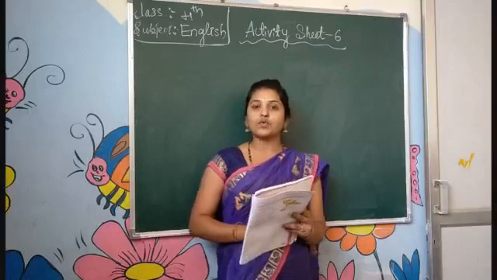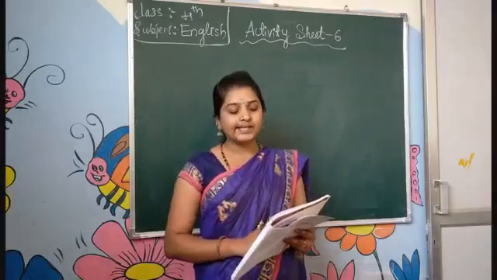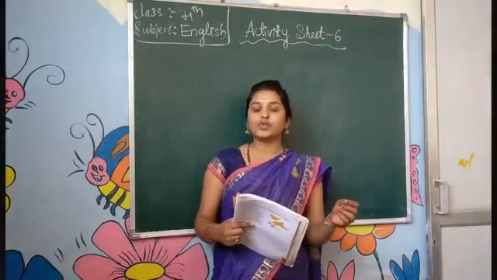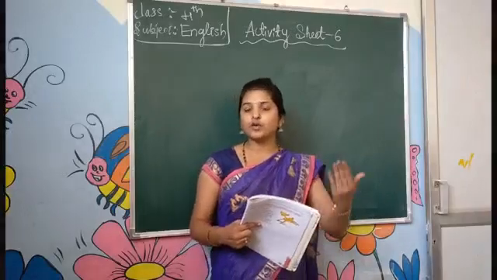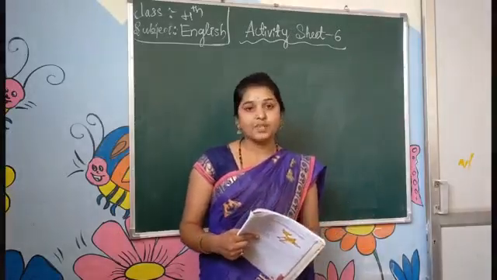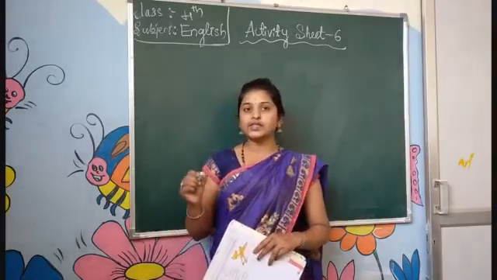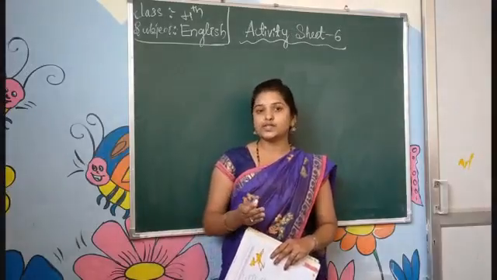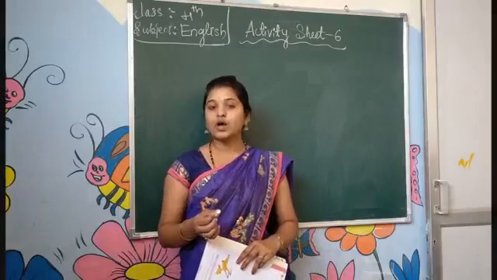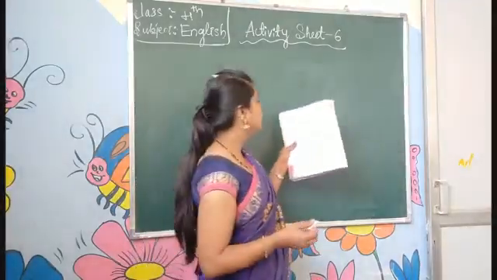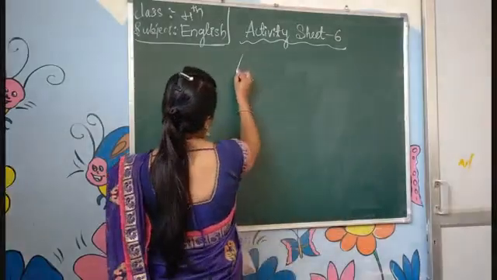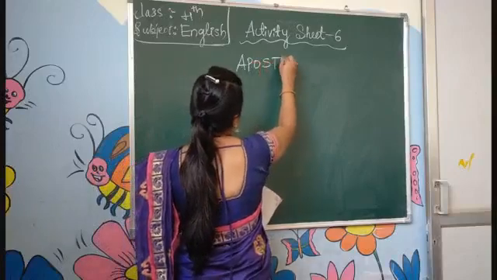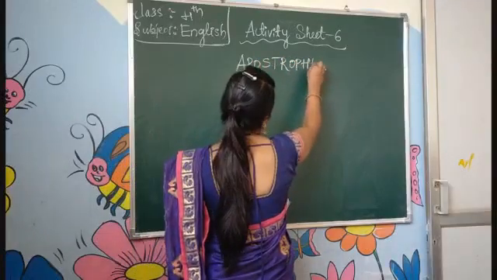Here they have given one symbol, that is the apostrophe. So you all know the symbols you use. Whenever you are going to ask a question, at that time you use the question mark. Yes. After ending the sentence we put a full stop. Like this there are different symbols to complete a sentence. Like that, here we are talking about the apostrophe. A-P-O-S-T-R-O-P-H-E, apostrophe.